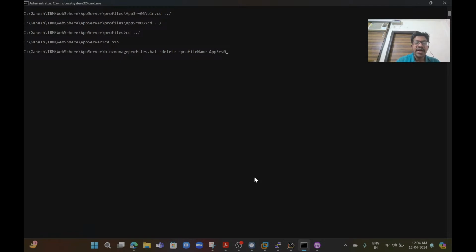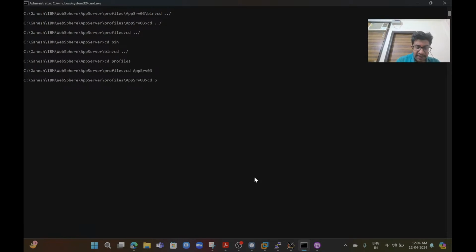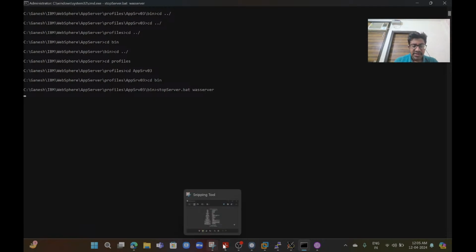The profile must not be in a running state, so I will stop the profiles. Go to the app server 3 bin folder and run stopServer.bat for the server, like that. After this,